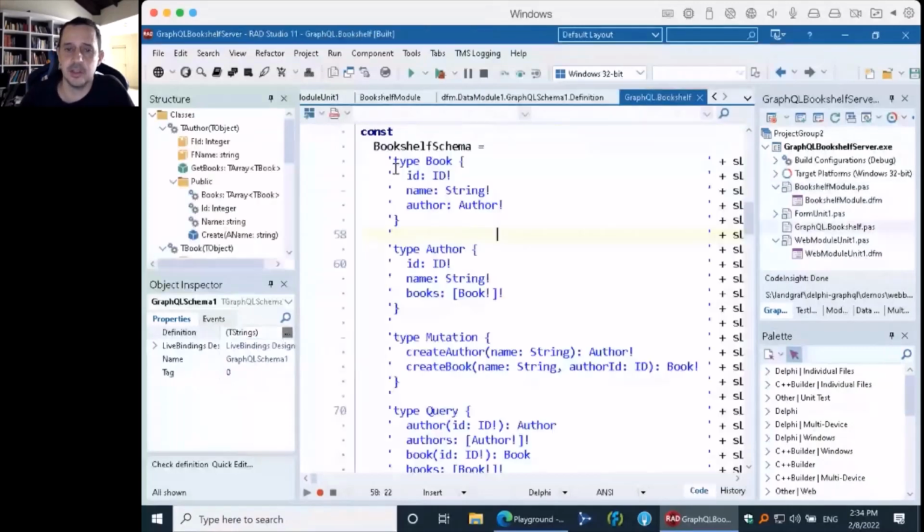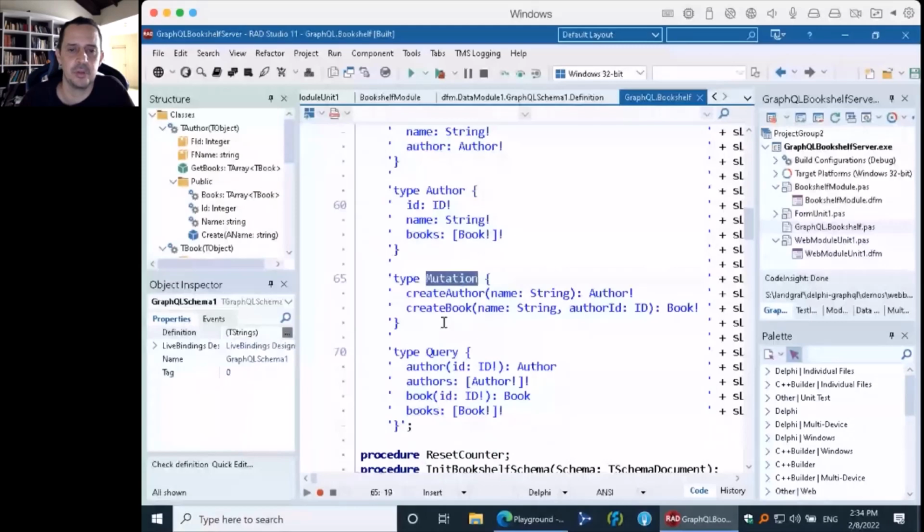So in this schema, we have the type, let's go from the bottom here, the type query and the type mutation. Remember that you saw that. For type mutation, we have two fields, create author and create book. And for query, you have author, authors, book, and books. Okay, that's what you saw when I was using code completion.